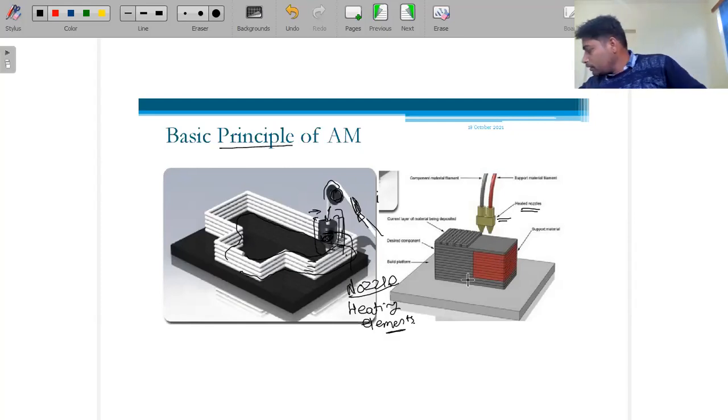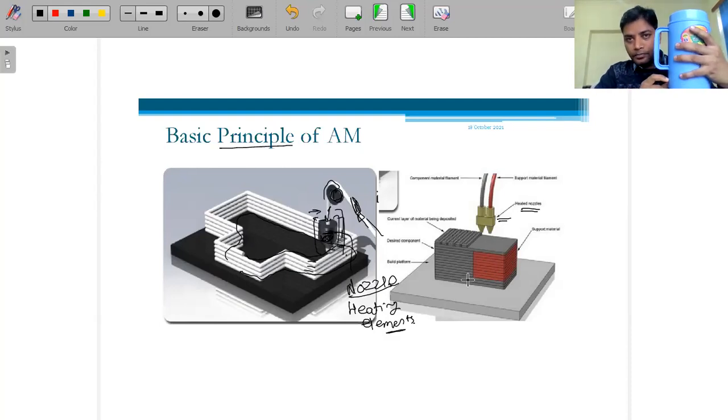For example, if we have to create a jug, this is the handle. Up to this point, when it starts creating, it deposits the material layer by layer. Then when the layer comes up to here, this nozzle has to create this entity as well.